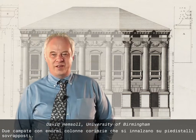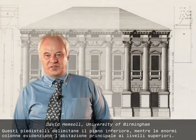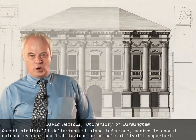2 bays of enormous Corinthian columns which stand upon stacked pedestals, so that the stacked pedestals serve to mark out the lower story, and the huge columns themselves serve to mark out the main accommodation on the levels above. So that's what I might have said,